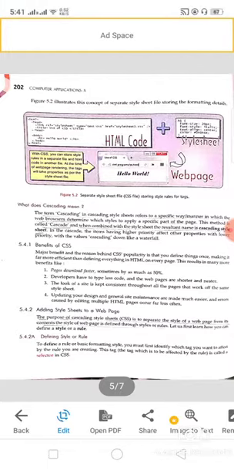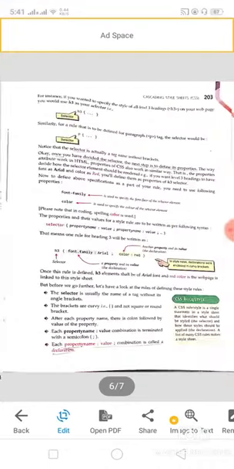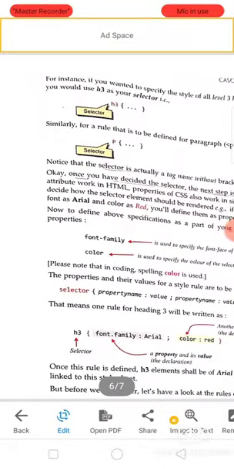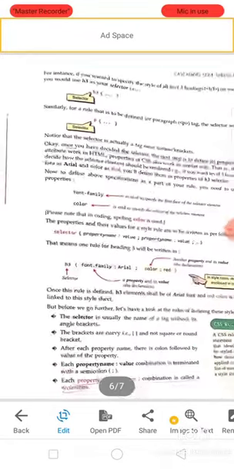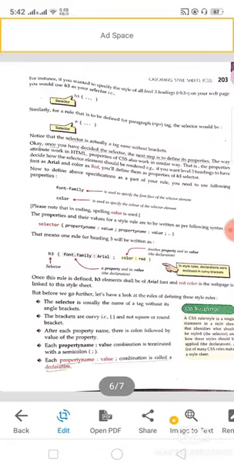So for defining a style or rule, the tag is called a selector in CSS. So remember this definition. What is a selector? The tag is called a selector. Like here, you can see h3 is a selector, p is a selector, and after the curly braces we will write the properties for that selector. So you can see font-family. What is font-family here? It is used to specify the font face of the selector element.